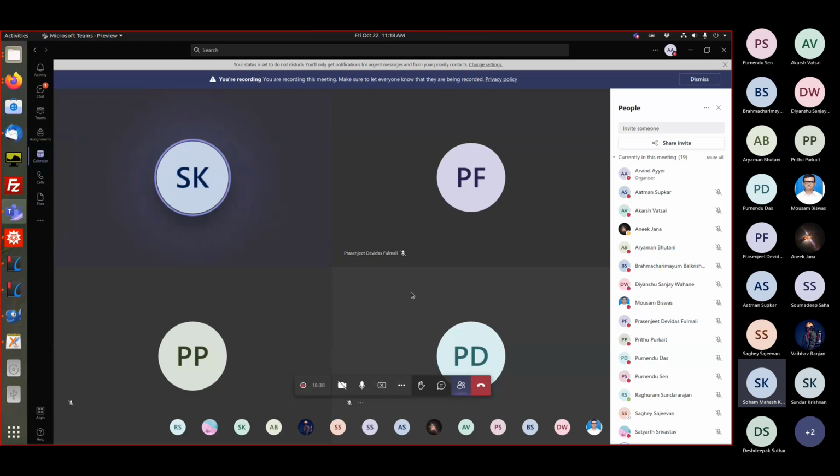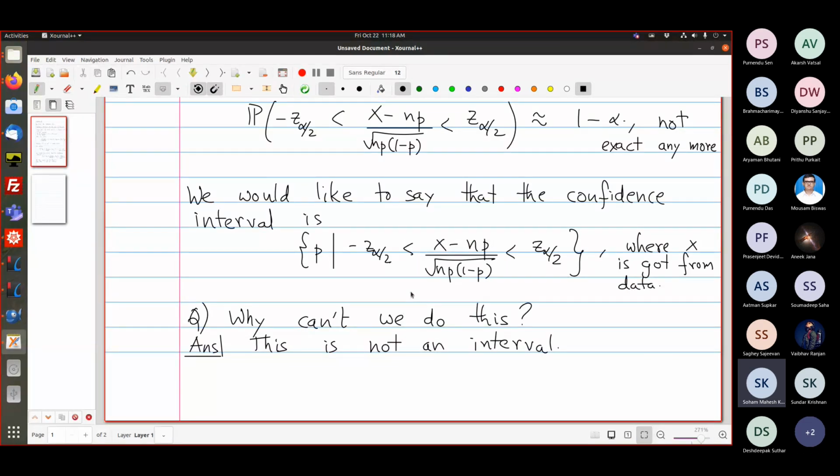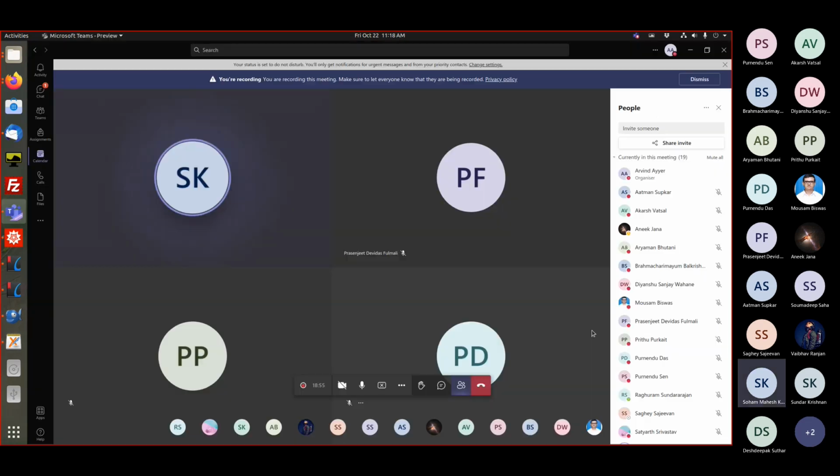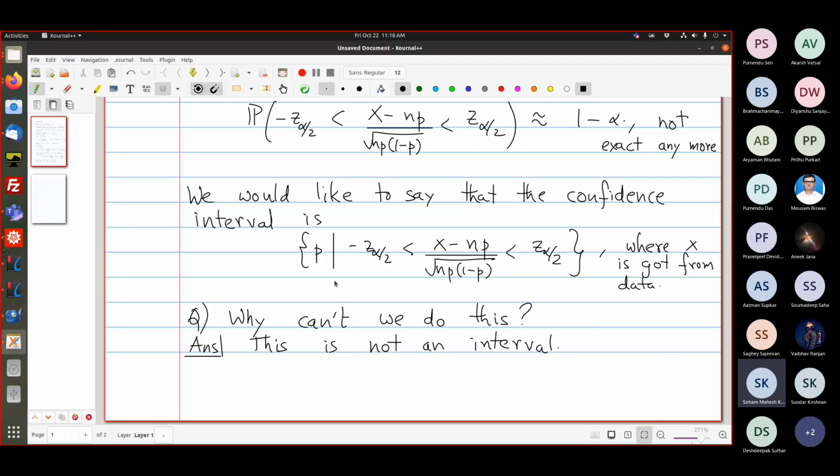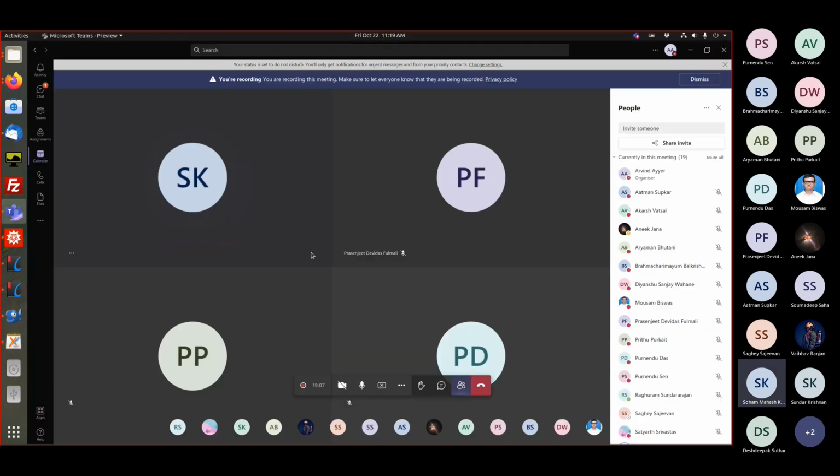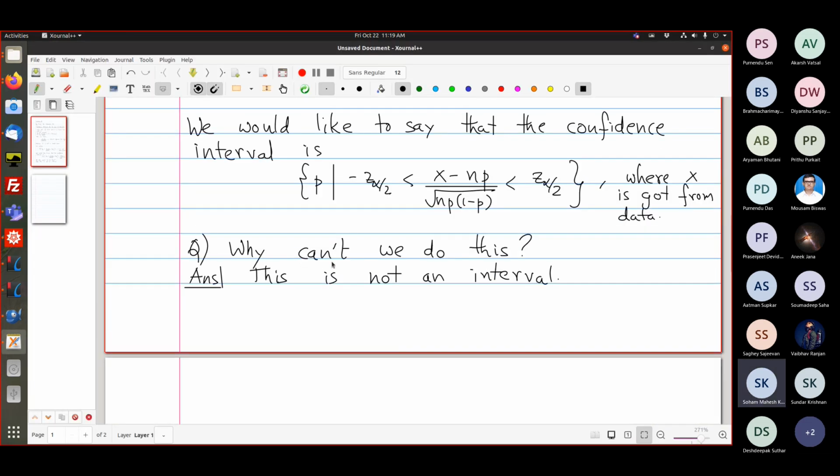So that could be an open interval, right? I mean, we are always talking about open intervals. Now the problem is that this is not going to be a single interval. It could potentially be a union of intervals. What I was saying is that it would be an interval from minus infinity to some constant. P is a probability. It's from 0 to 1. You want some P within a single interval within 0, 1. This is not the case.